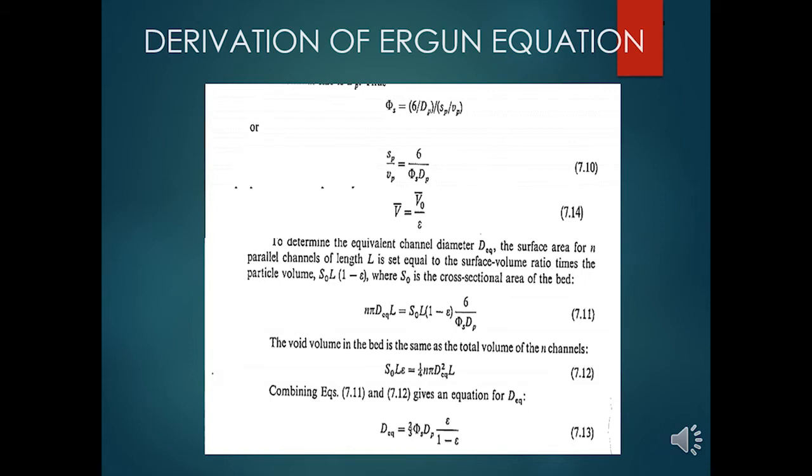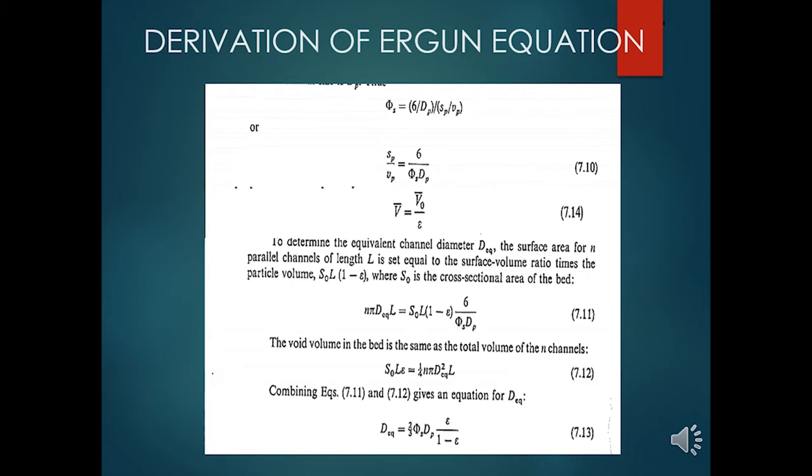So what is the volume of the n channels? We can see that again a channel is taken to be in the form of a cylinder. So the volume of the cylinder is given by 1 by 4 into pi d equivalent square into L, into n times for n channels, which is set equal to the void volume in the bed. Void volume in the bed will be surface area of the bed into length of the bed into the void volume fraction. So combining both those equations, we get an equation for the equivalent diameter, which can be given as